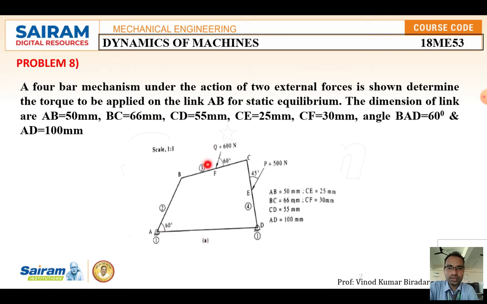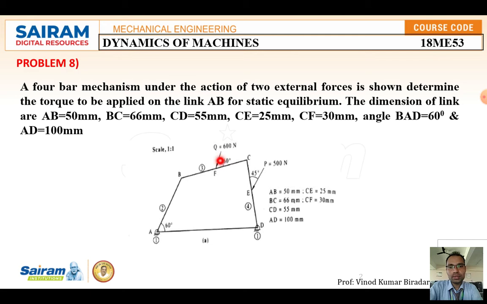Here two forces are acting in between the two links, that is, between B and C and between C and D. AB is the first element, BC is the third element, and CD is the fourth element. Where the fixed position is, you give the names 1 and 2. So AB is the second element, you write 2 here, BC is the third element, write 3, and CD is the fourth element, write 4.